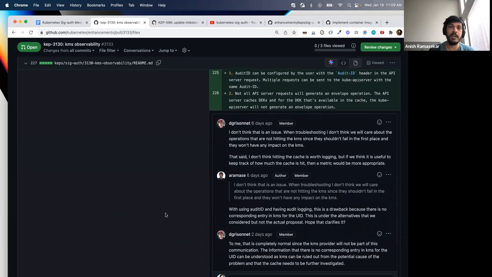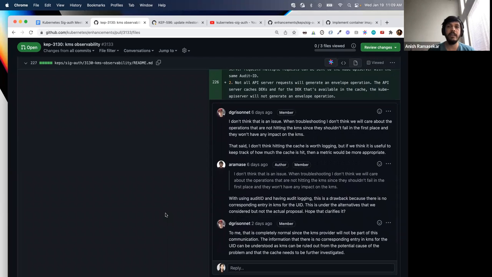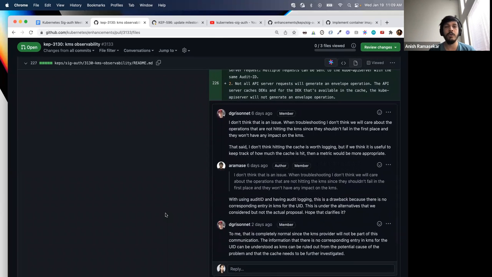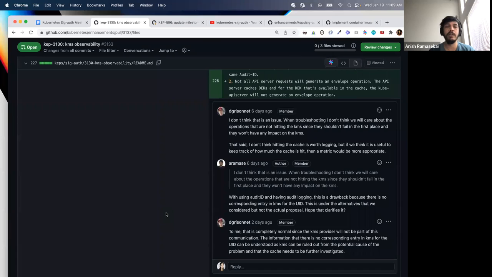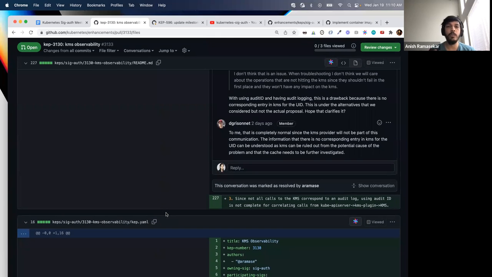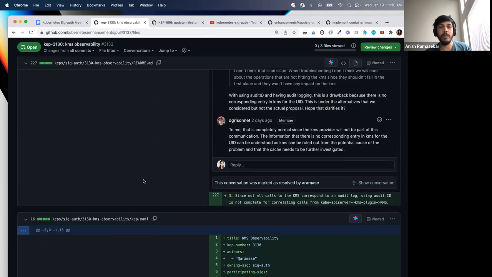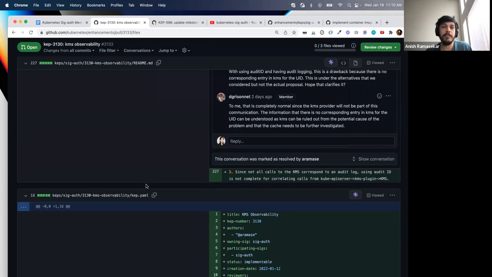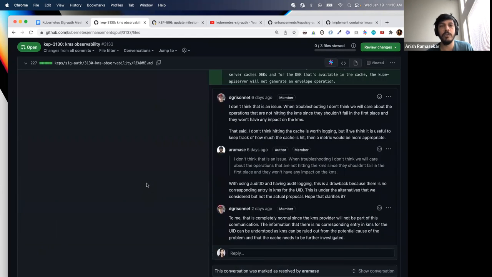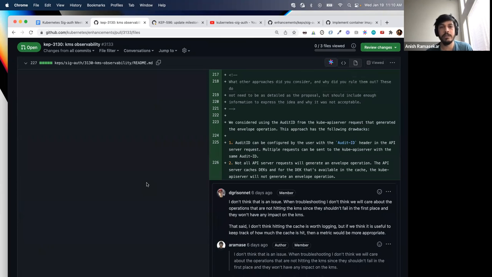So for now, we've decided to just generate a UID in the API server for every request that it's making to the KMS plugin, and then start the correlation between API server and KMS plugin. And then in the future, we are exploring an option where we can use the audit ID annotation and extend this so that we can use this UID with the audit ID annotation. So we have a cap for it, and Rita and Mo have been helping review it. We would love to get more reviews on it and work on it in this release.